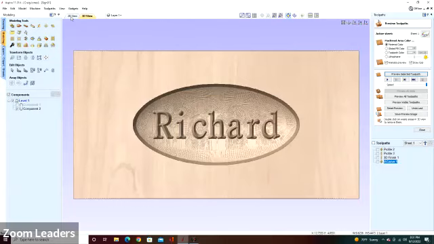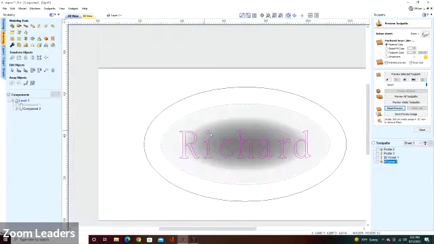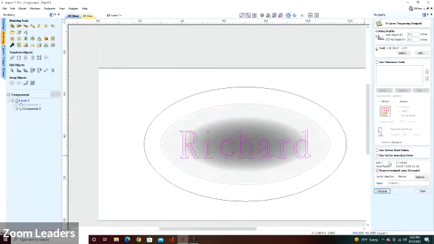This thing cut the entire dish with that 60-degree bit. It would have taken hours to cut it, but it left the Richard because that's what a V-carve does, it cuts between lines. And so the outer line was the perimeter of the ellipse and the inner line was the perimeter of each letter. So if I reset that again, there we go. And that happened because you see I had the dish selected at the same time. So if I remove that and then recalculate it,